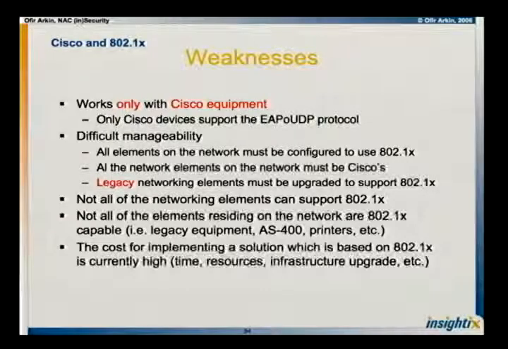I said earlier in the start of the presentation that we'll be looking at different vendors, different architectures. I may not be looking at all of them, but you're correct. There are 802.1x solutions that are non-Cisco. There are other networking gear manufacturers that do 802.1x at the access layer, the access switch. These are all good solutions. I'm not saying that they're bad. I'm talking here about what Cisco does. So if I have a component on the network that is not able